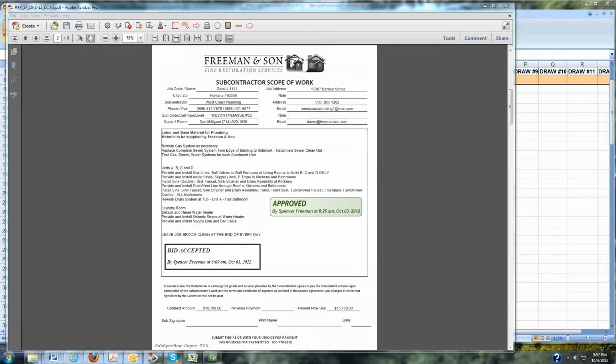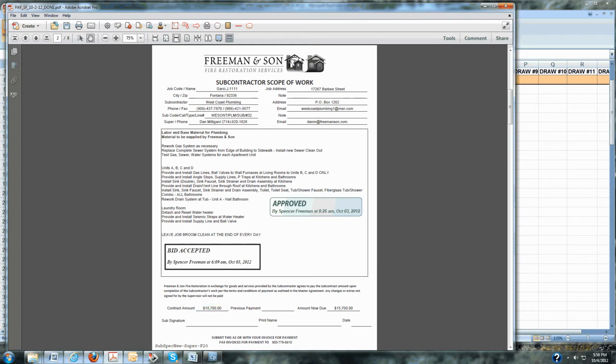Alright, so now we're going to go over a double draw for one of these specs. Many vendors like drywall, heating, plumbing, electrical, they normally do more than one draw. So for an example of multiple draws, I'm going to use this contract amount, or this spec here, and the contract amount is actually